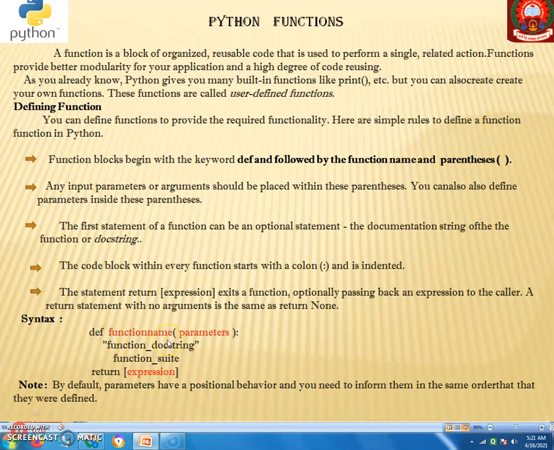The user defines the function, and the next part is the parenthesis. Any input parameters or arguments should be placed within this parenthesis. You can also define parameters inside these parentheses. Not necessarily